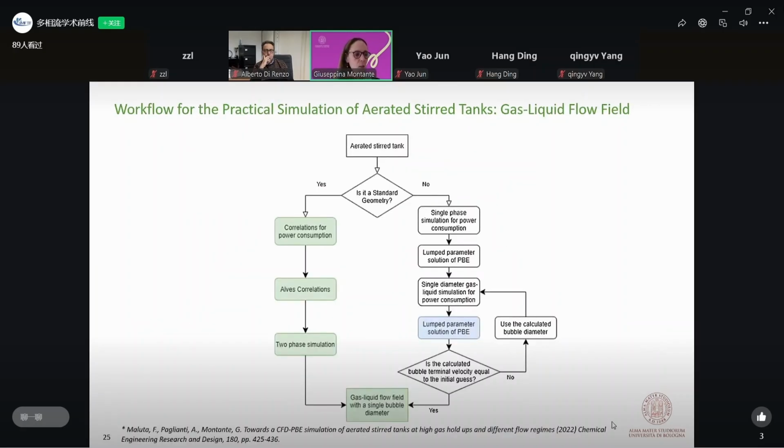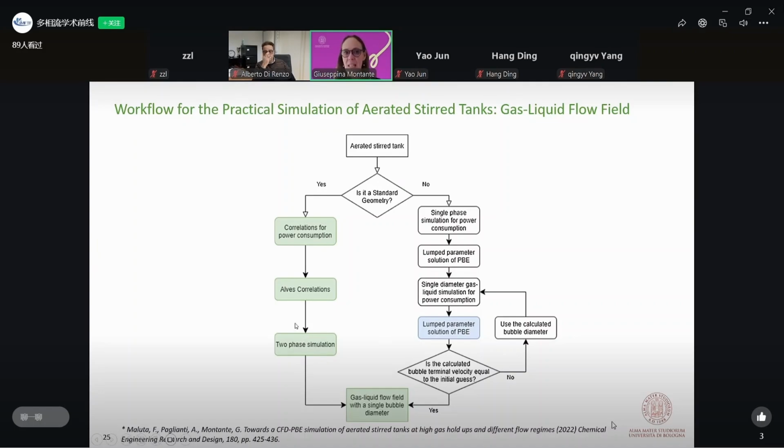So for going towards the conclusion, our idea in adopting CFD methods for scaling up and down stirred bioreactors is to consider a workflow where we start with the purpose of simulating in the right way the gas-liquid flow fluid dynamics. If we have a standard geometry, we can rely on the knowledge that is available in the literature, that is based on experiments and makes correlations available. And we can start from these